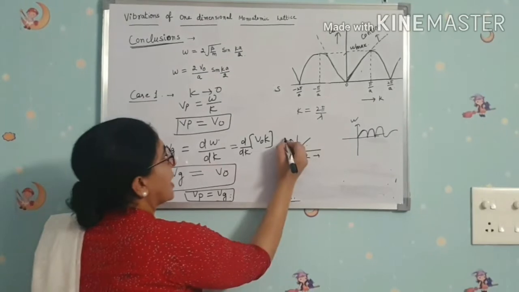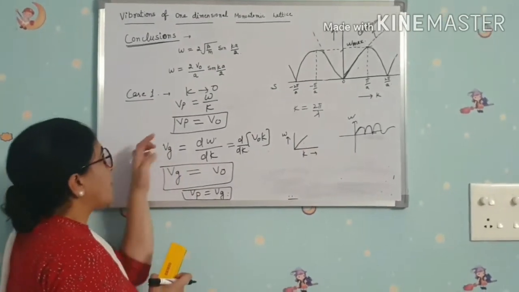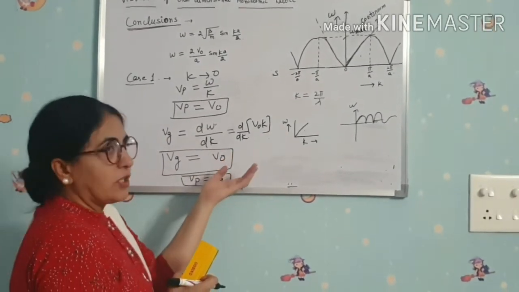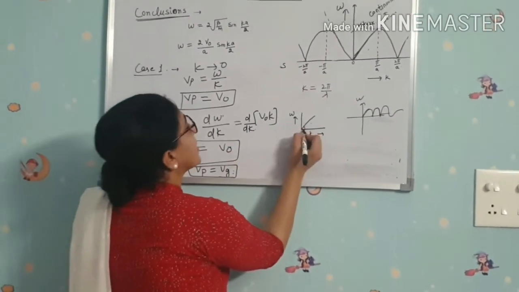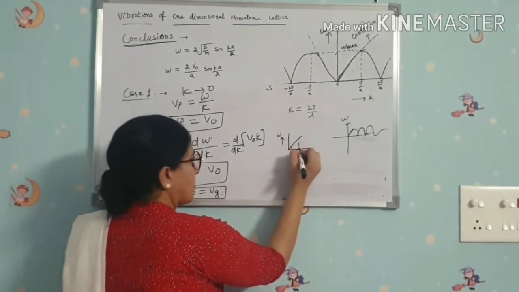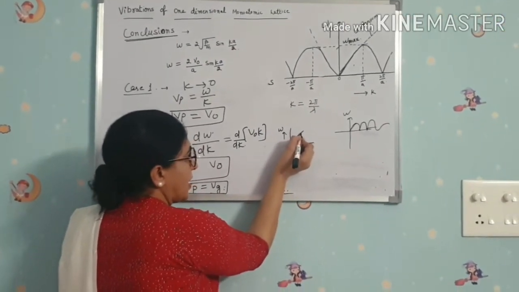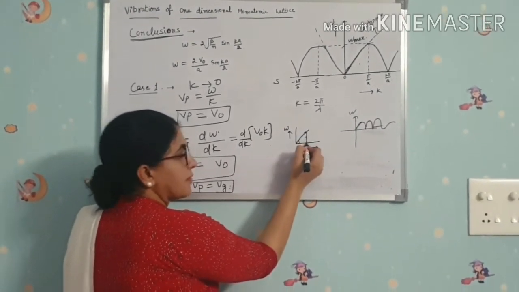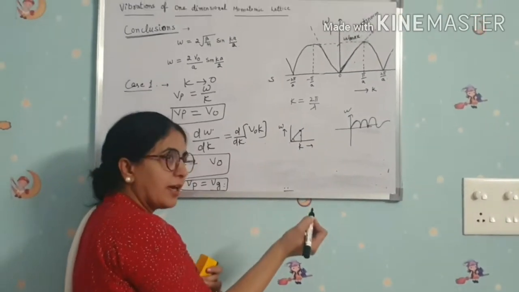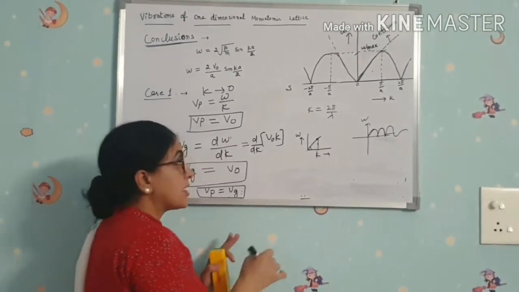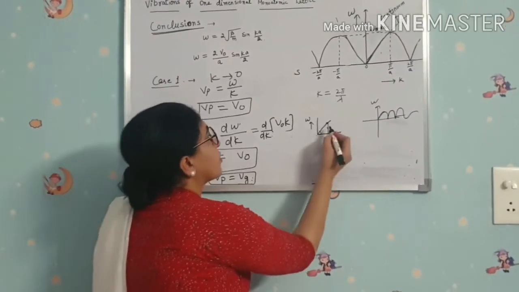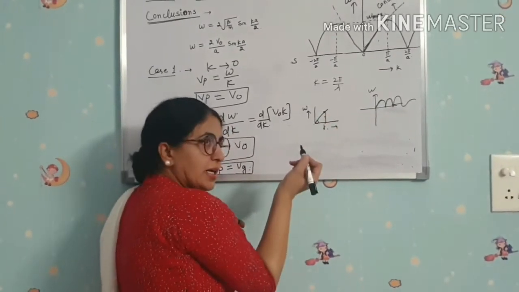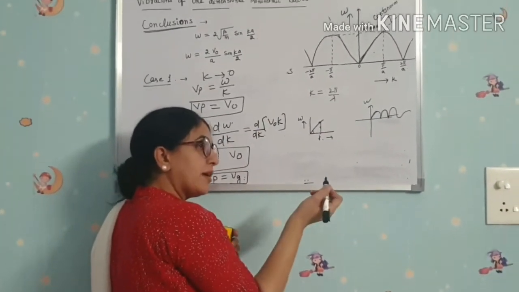Okay, and from the graph we can also find the values of Vp and Vg. See how we can find omega by k. Here, if the angle is any angle phi or theta, at this point we want to find the phase velocity. From this to this we can find omega, from this to this we can find k. So omega by k is the phase velocity. And what about group velocity? For group velocity, at this point we draw a tangent, which is also a straight line, and the group velocity will also be omega by k.